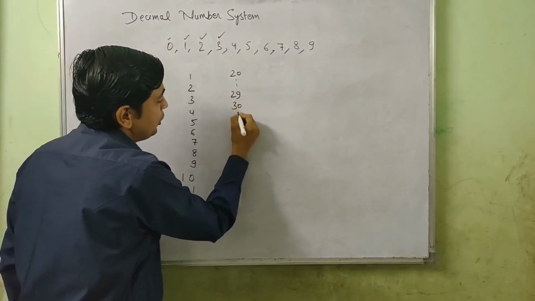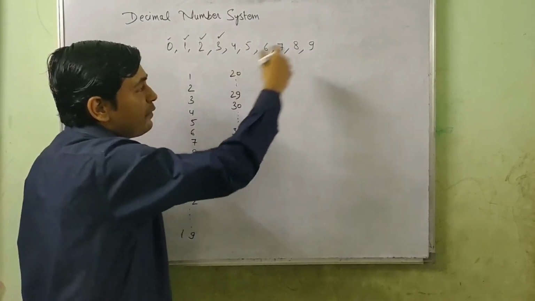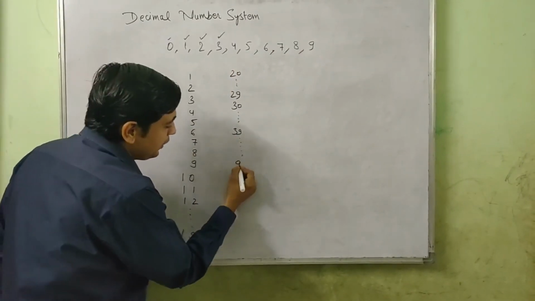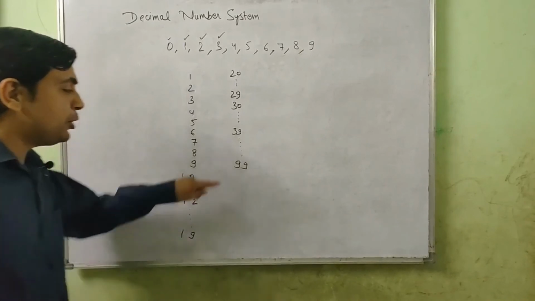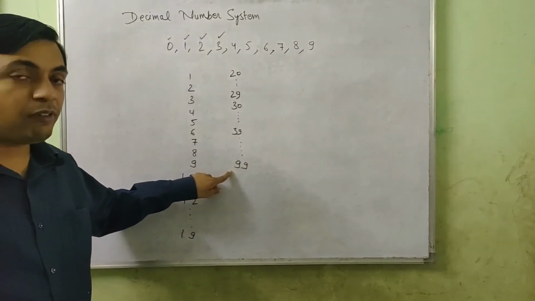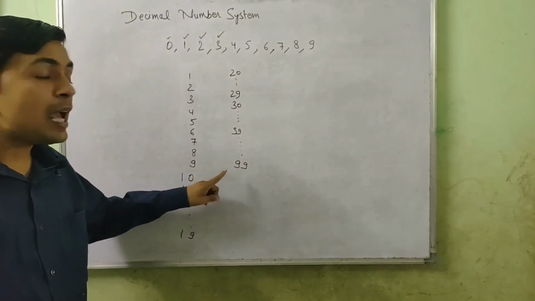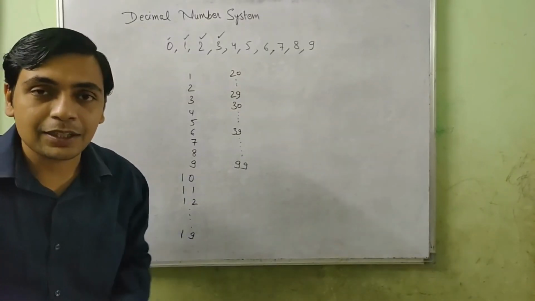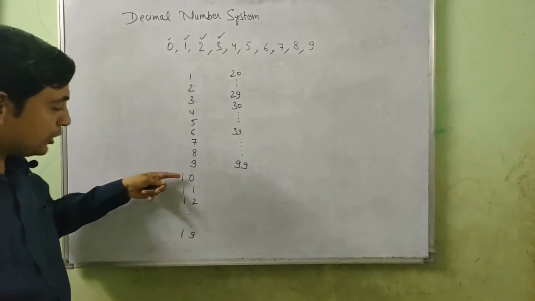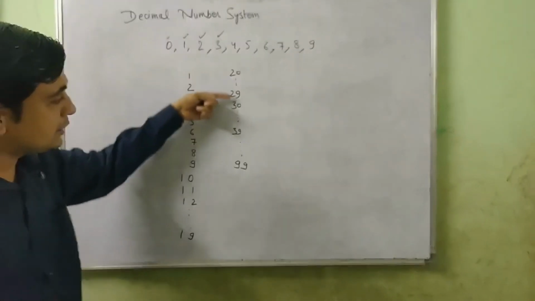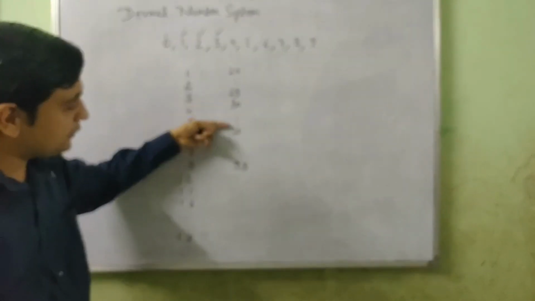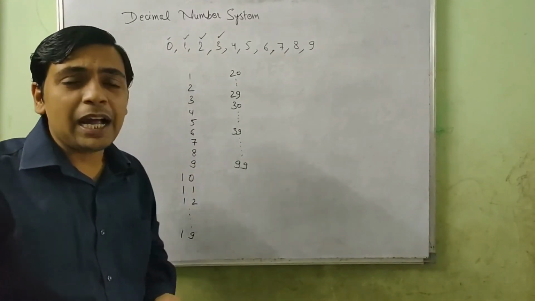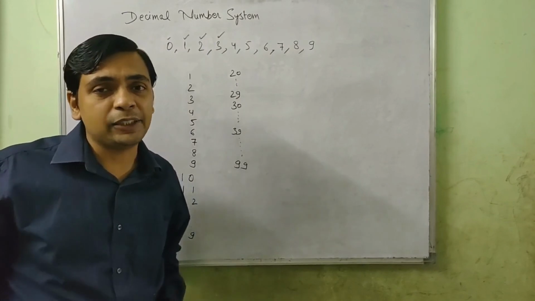So from 3, 0 up to 3, 9. And we will keep on doing it until we reach 9, 9. So up to 9, 9, what will be the situation? Up to 9, 9, we have repeated all the digits with all the digits. Like all the digits are repeated with 1, all the digits are repeated with 2, all the digits are repeated with 3, and similarly all the digits are repeated with 9. And now we are not left with any digit to repeat with.